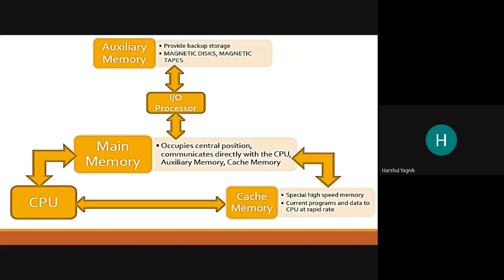So why do we need cache memory? Some operands which are most frequently used need not be frequently read from or written to the main memory or the auxiliary memory. Those operands can be stored in the cache memory temporarily while the program is being executed using that operand.